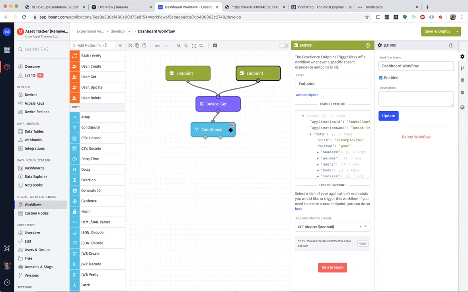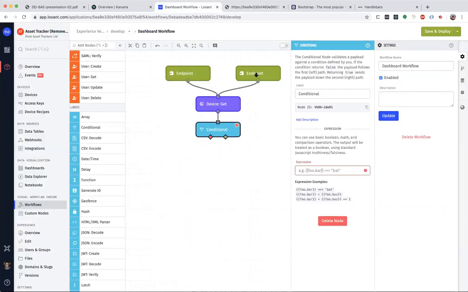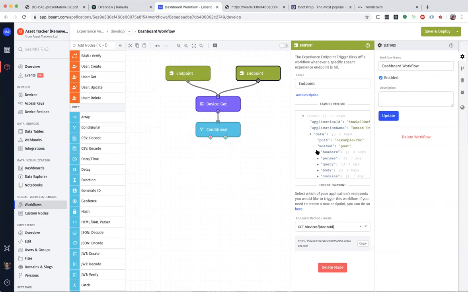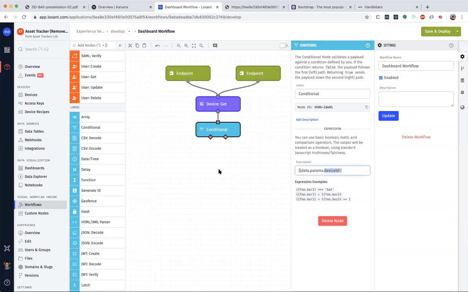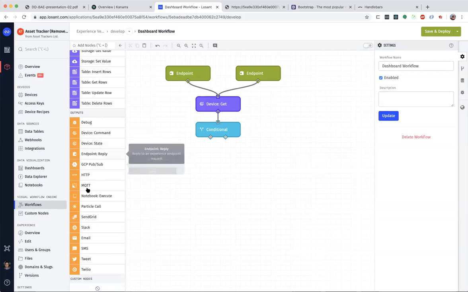The easiest way to figure that out is knowing whether or not this parameter exists on the URL: data.params.device ID. I look at the sample payload right here, data.params, I'll have a device ID right here in my actual request. If that exists, I know I'm looking at a detail page versus an overview page.